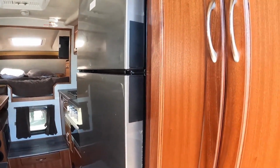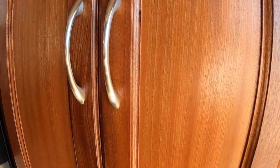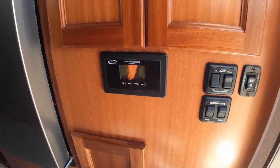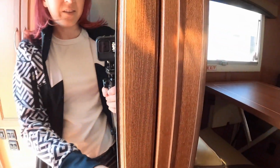Walking right in, you've got big double closets right here, tons of space, hanging storage down below, all of your control panels, awnings, all of that, solar right there inside the door. Shifting around on this side,